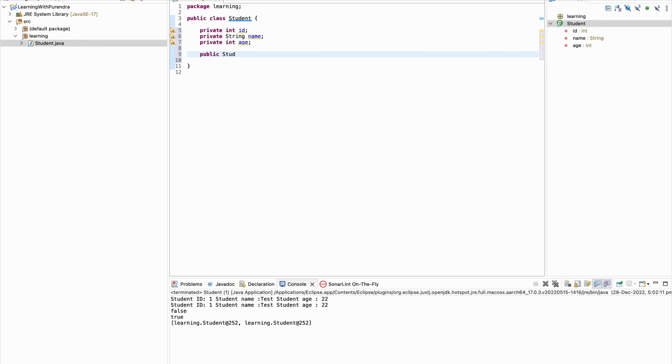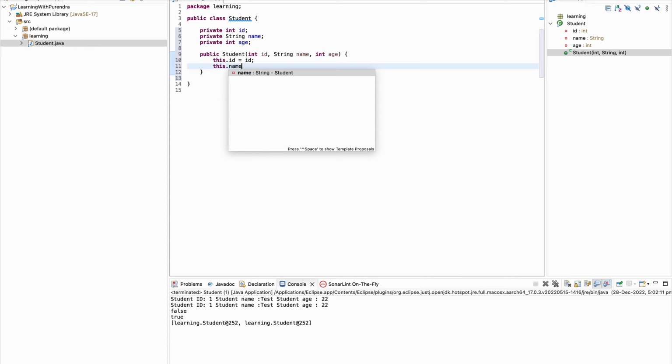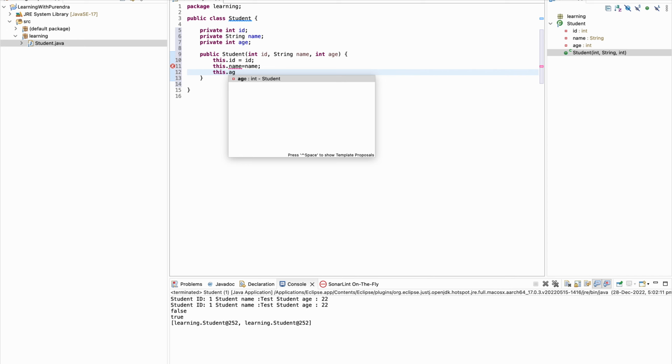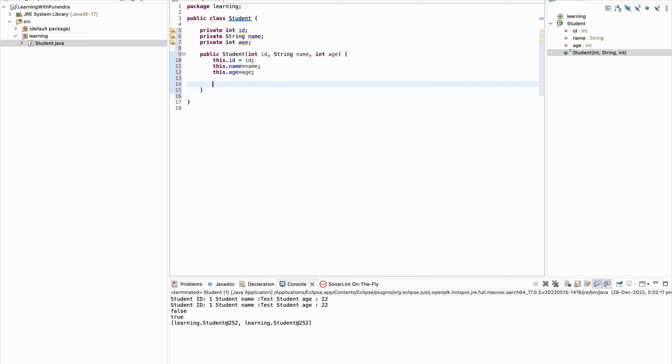Now I'm creating a parameterized constructor where I assign all of those values: this.id equals id, this.name equals name, this.age equals age. Perfect, we have created a parameterized constructor where I have assigned the values of all the variables.